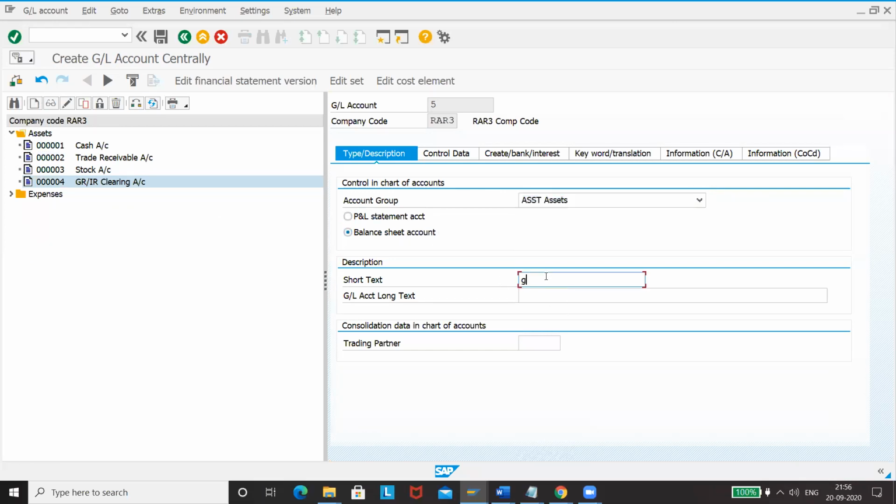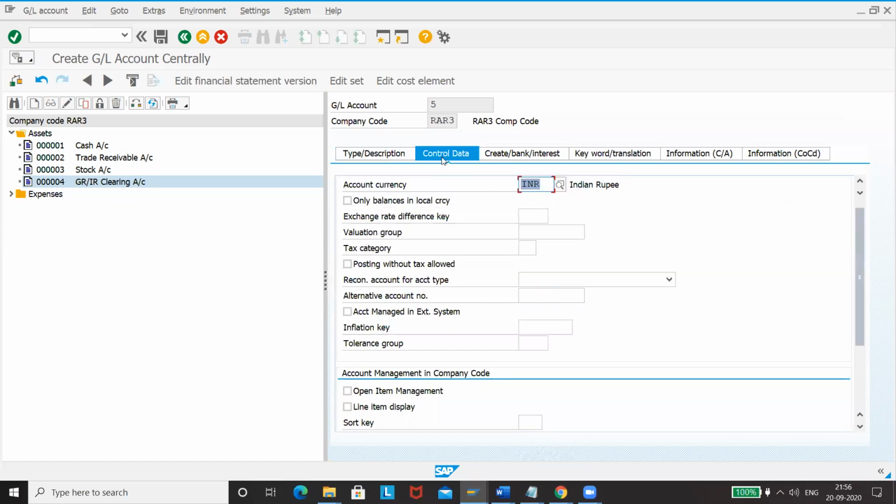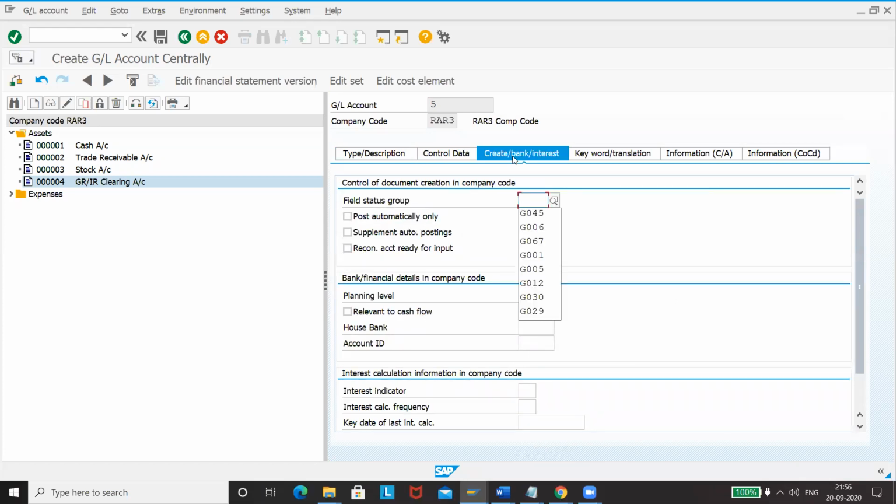Balance sheet. COGS. COGS. And display. So one. We'll take this as material. This as well, post automatically only.